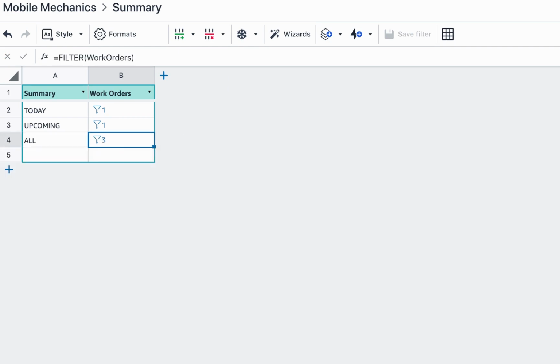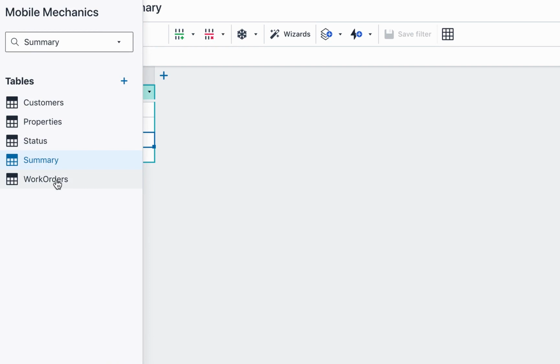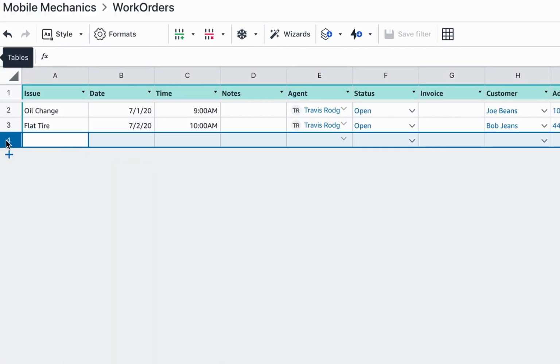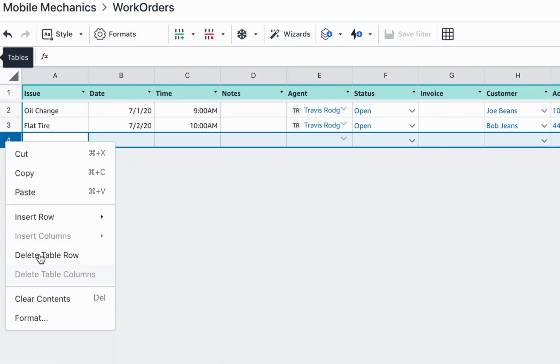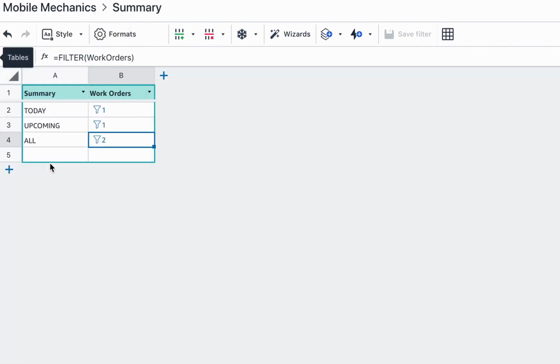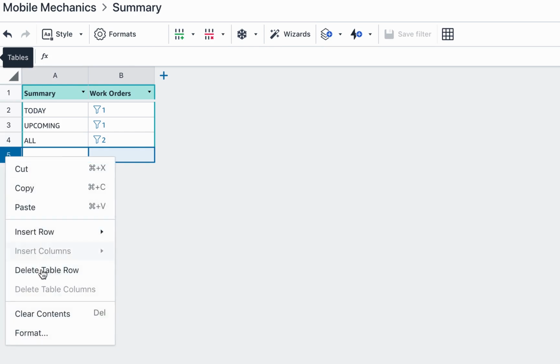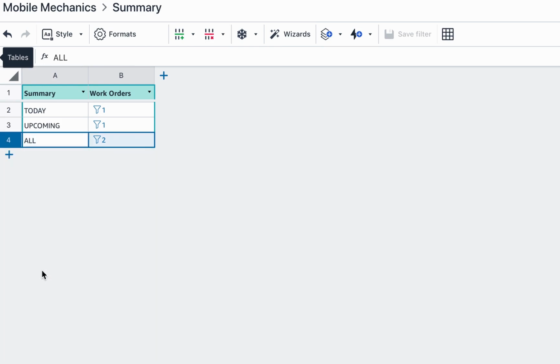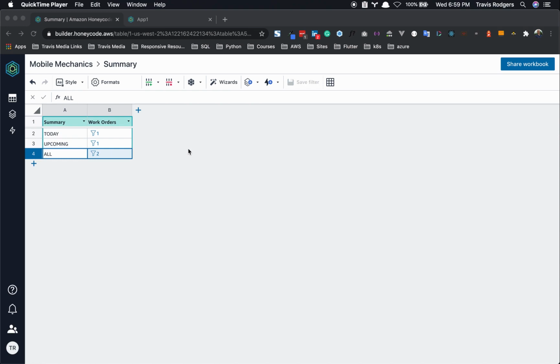Oh my goodness, why do we have 3? Because we didn't delete that extra column. So anytime you have a blank column, it's going to be counted. So be sure to remove those. But that's really helpful, this summary table. We have work orders broken up by today, future, and all. Again, delete this extra row. Great. Okay, now that we have all of our work order stuff squared away,